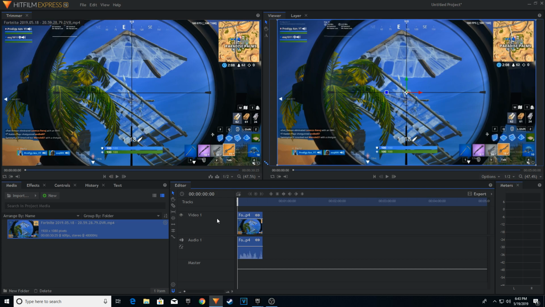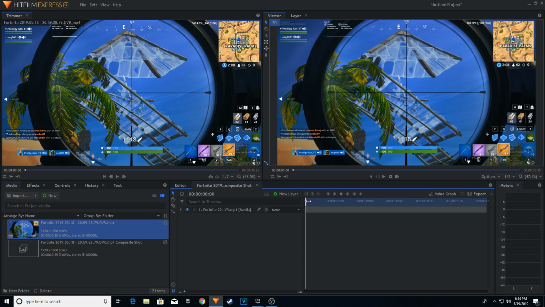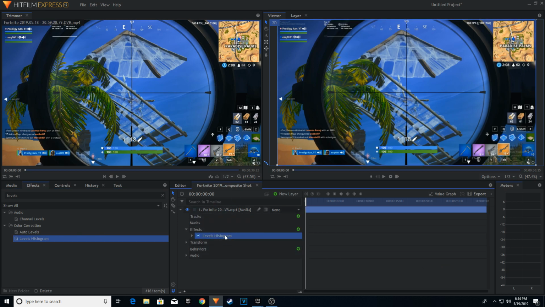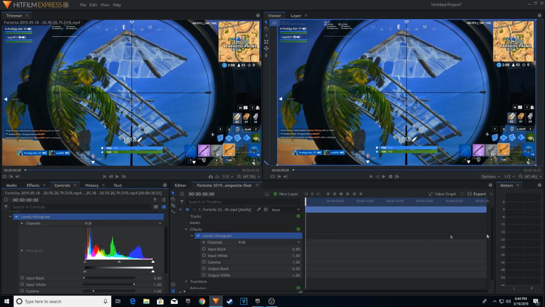So once you've loaded up your project and imported the clips and media you want, you're going to want to click on the clip you want to add the effect to, and then press Make Composite Shot. You're going to press OK, and once you get into the composite shot, go to the Effects tab on the left, type in Levels, look for the Levels histogram effect, click, drag, double click on the Levels histogram effect,